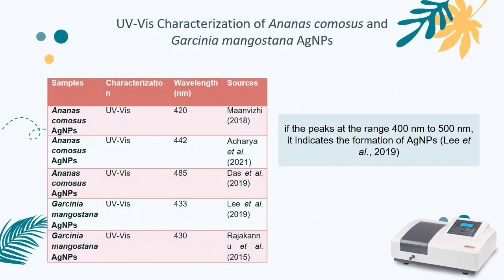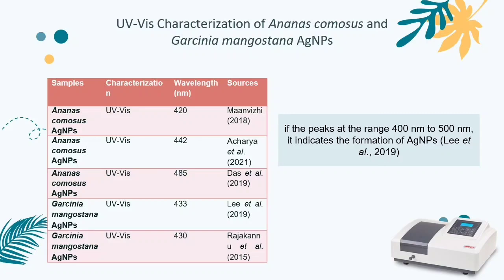Next is the characterization through UV-Vis spectra. If the peak is at the range within 400 nanometers to 500 nanometers, it indicates the formation of silver nanoparticles. From this table, the Ananas comosus silver nanoparticles highest wavelength is 485 nanometers, while Garcinia mangostana silver nanoparticles highest wavelength is at